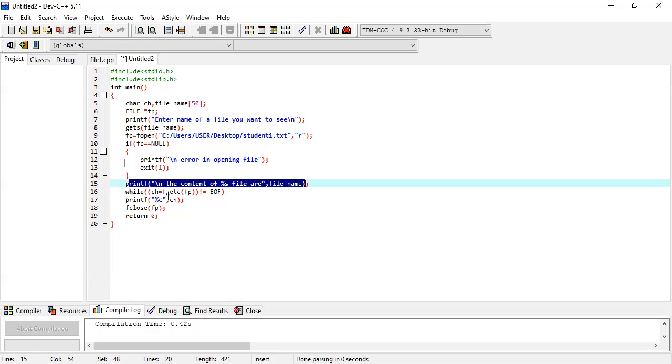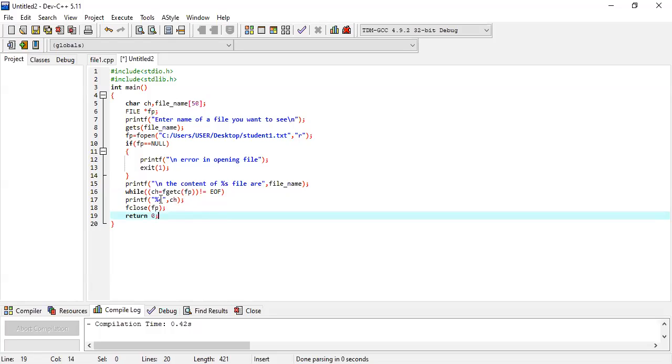And now I'm writing here ch is equal to fgetc. So what is the meaning of this fgetc? Any idea? What is the working principle of the fgetc function? Do you know that?